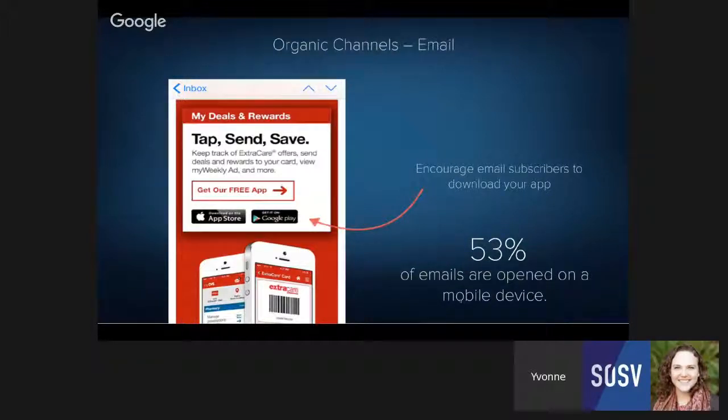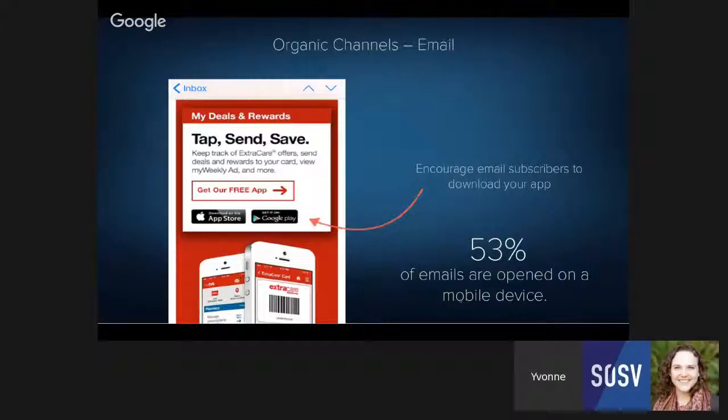The reason why this is interesting is because a company called Litmus, which analyzes a bunch of different email open rates, has found that 53% of emails are opened on a mobile device, which is pretty significant because I think just 3 years ago that number was only about 8%. So again, we're just seeing a lot of activity on mobile. When I think about my own activities, or other people's activities, you're always on your mobile phone when you're in transit. When I commute to work in the morning, I'm always checking my emails on my phone. So a lot of emails are opened on a mobile device.